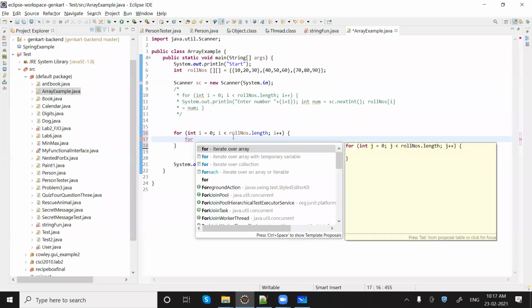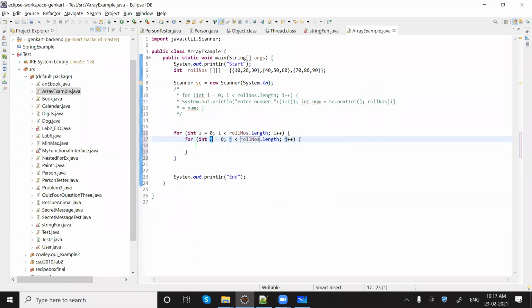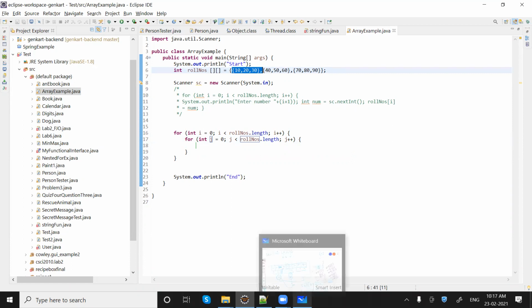So we will be using one more loop here. In this case, if I say rollNumbers.length, it will check the length of the first dimension. For example, let me go back.